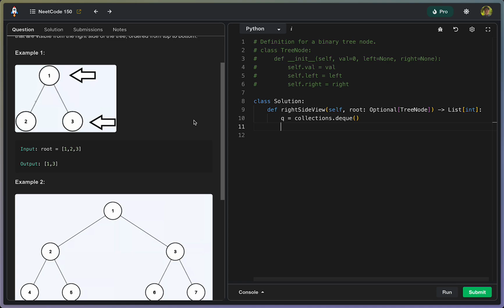We're gonna initialize a queue and we're gonna use BFS to traverse through each level, except we're only gonna be appending the nodes at the very rightmost. So let's do just that. This is the list which we will be appending the answers to, and we can go ahead and do that. Well, first of all, let's append the root, and let's begin. Let's use BFS. While queue,